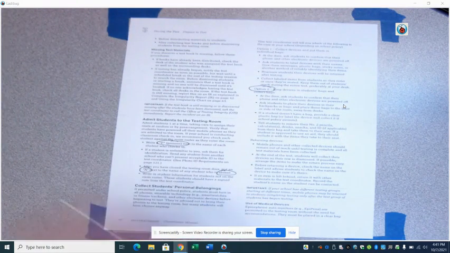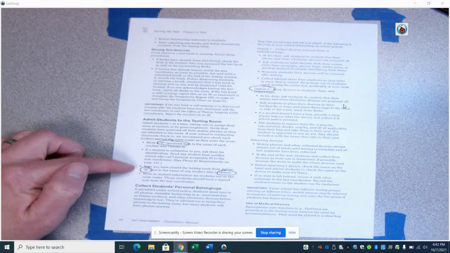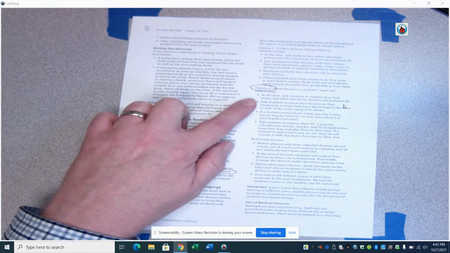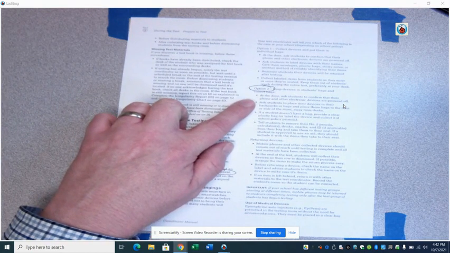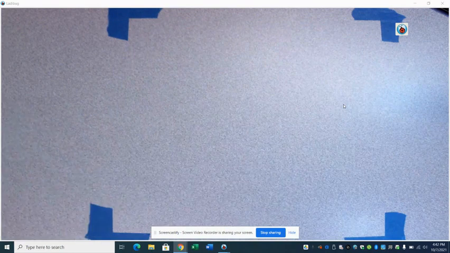During the test, then, you're going to admit students to the room. Please make sure you mark P for present, A for absent on the attendance list. And as far as collecting materials, we're going to do option 2, which is where they're going to power everything off. They're going to stick it in their bags, and they're going to leave their bags to the side or the front of the room away from them, and they're not going to access them at all until the test is done.